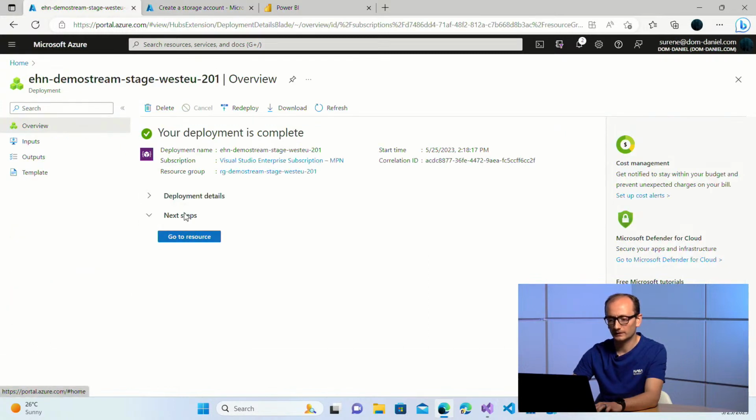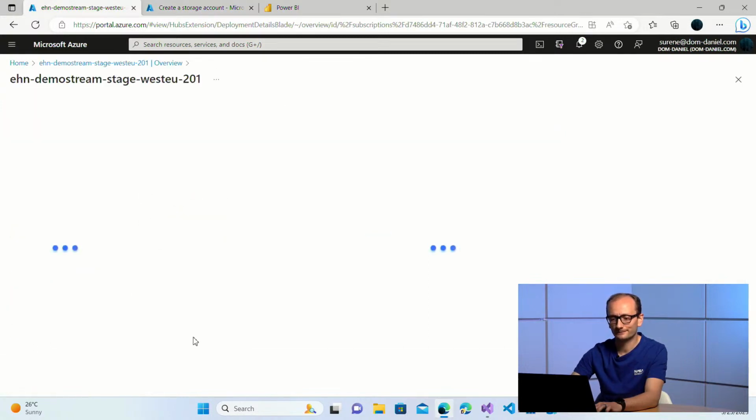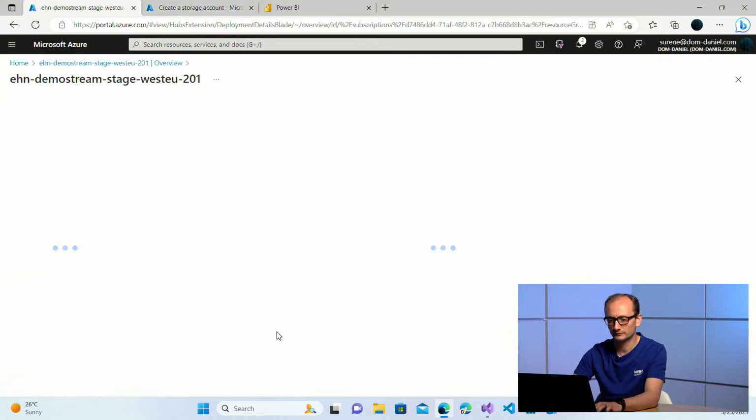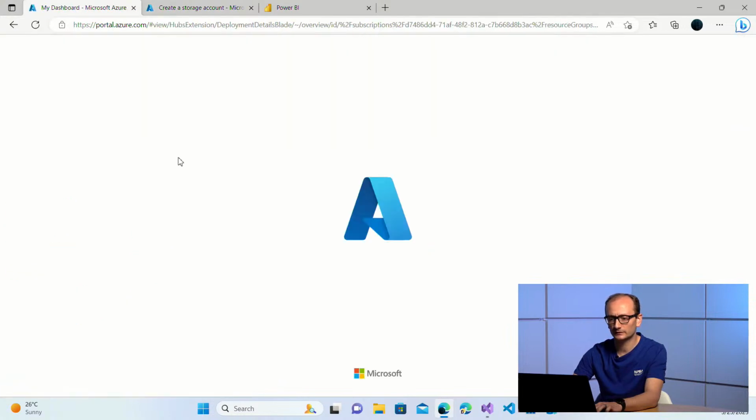Okay, here's our Event Hub. Now it's running validation for our storage account. During this process, we can create our Event Hubs in the Event Hub namespace. Okay, until our internet connection normalizes,